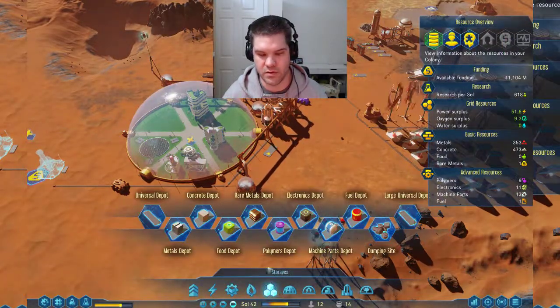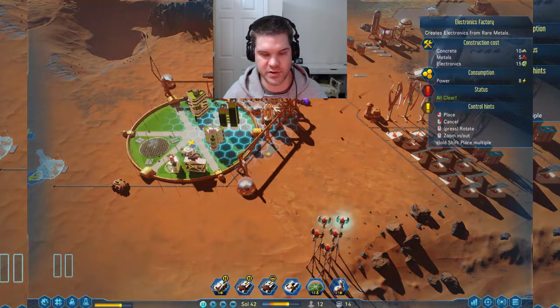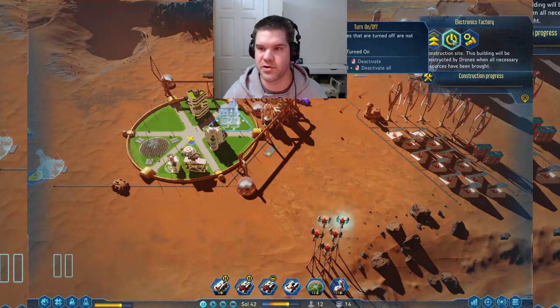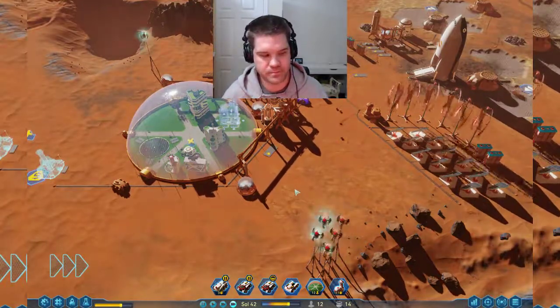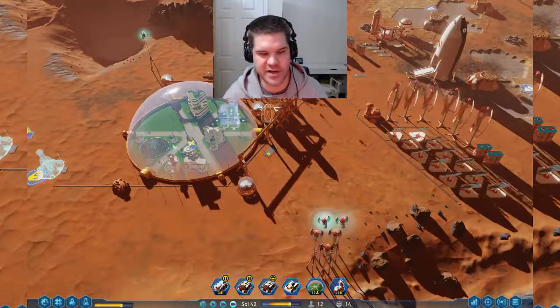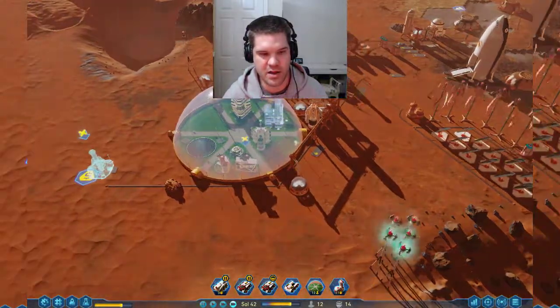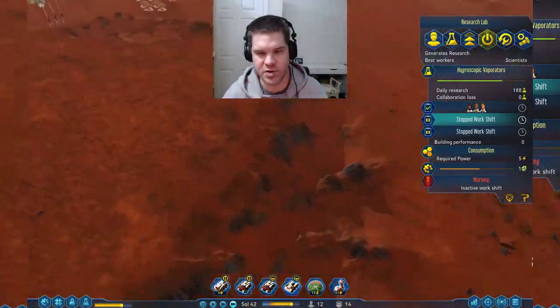So let's do, I'm going to pause because I don't want this getting built, but I do want to place it just so I know where it's going to go. So I'm going to go like that, and then I'm going to turn it off. And then I'm going to put my machine parts factory here. And then the second dome,